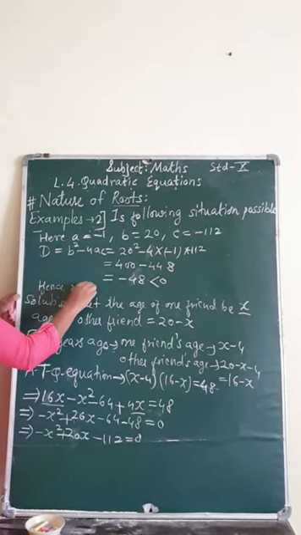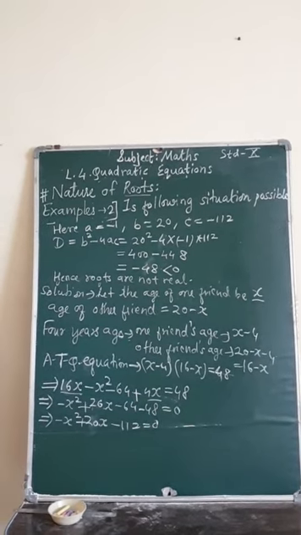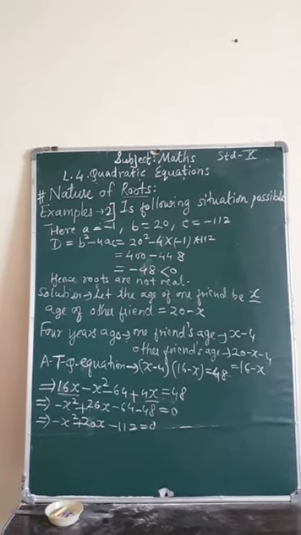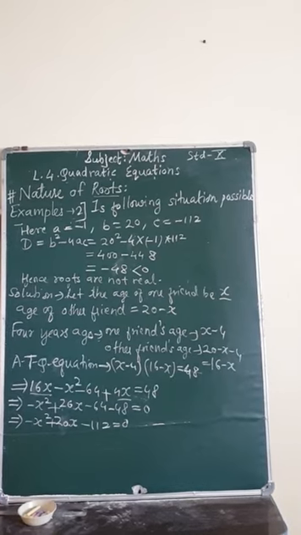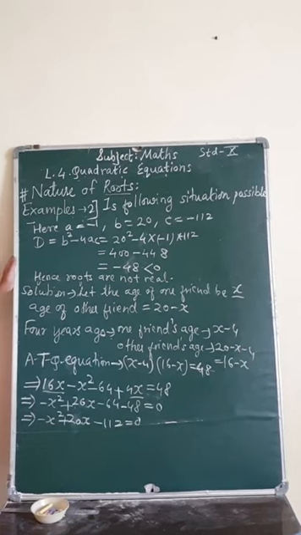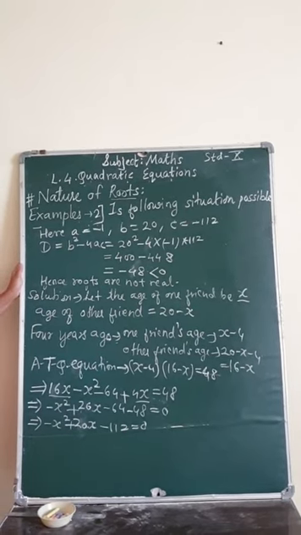So this is how we have solved the two sums for nature of roots. You can solve the remaining sums from the NCERT book exercise 4.4. So for quadratic equations, we end up with whatever we have seen in this chapter. The first point was what is a quadratic equation. Second, the methods to find the solution of a quadratic equation. Next, what is the quadratic formula, and finally the nature of roots. So this is the end of the lesson.